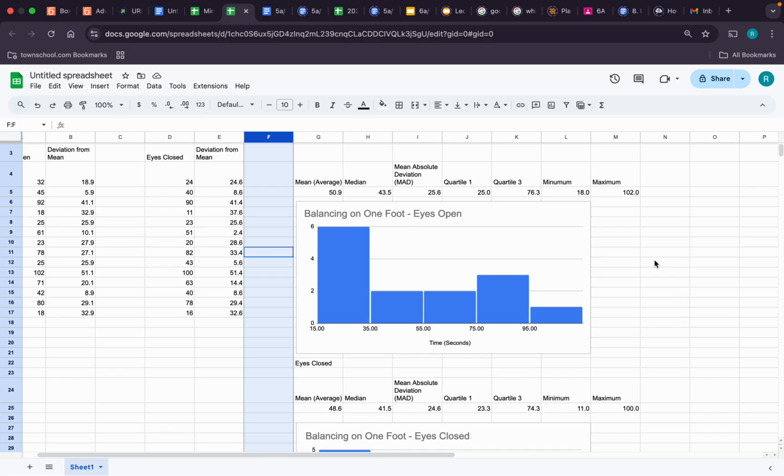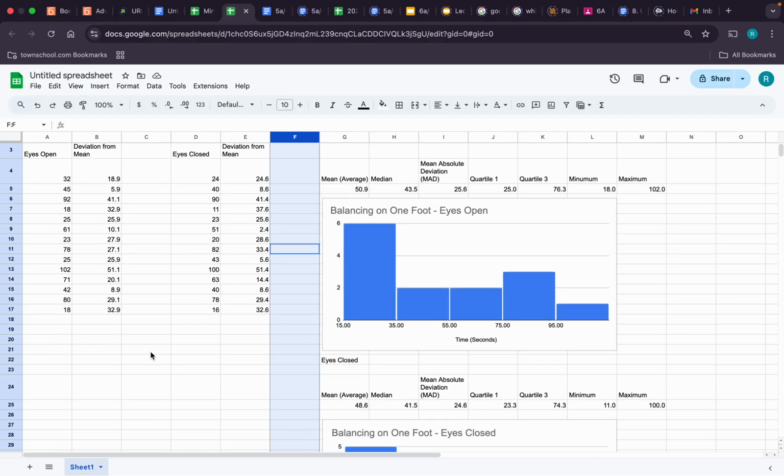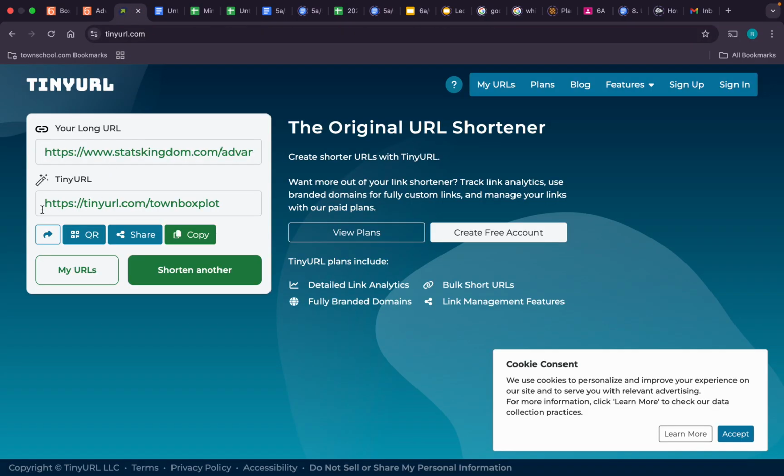Create a box and whiskers plot, otherwise known as a box plot. Unfortunately, Google Spreadsheets does not have an easy box and whiskers plot tool. So what I did is I found one online, which is great, and we're going to use that one instead. So what we're going to do is go to a URL, and the URL we're going to go to is